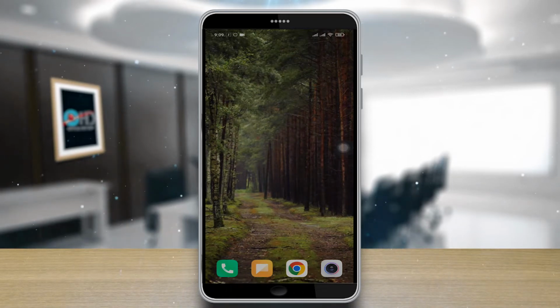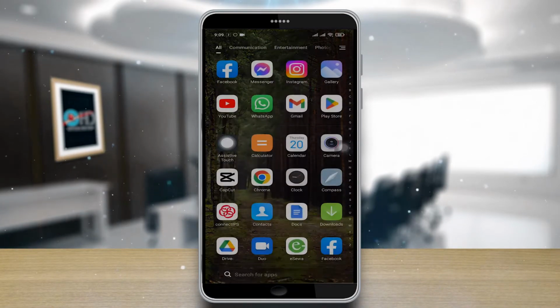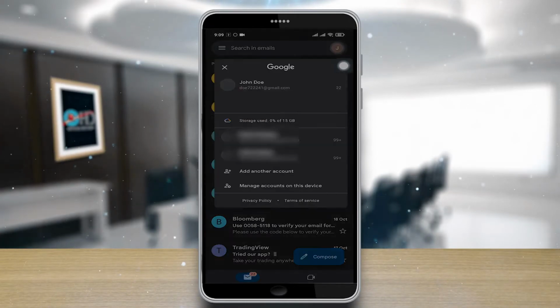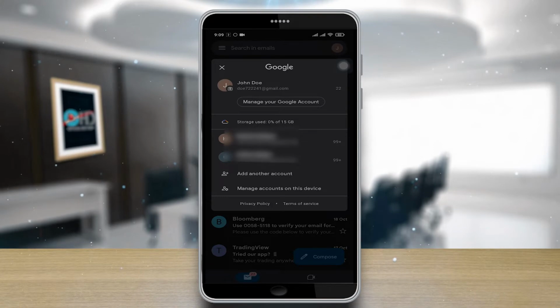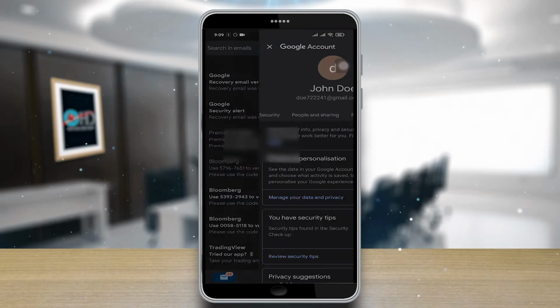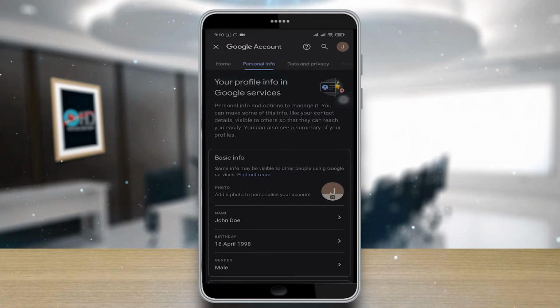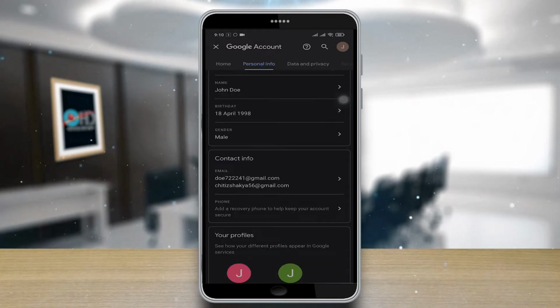To create a follow-up mail or change the existing follow-up mail, open up your Gmail. Next, you'll need to tap on your account on the top right of the screen and tap on Manage your Google account. Next, head over to Personal Information. Now if you scroll down and tap on Contact Info and Email,